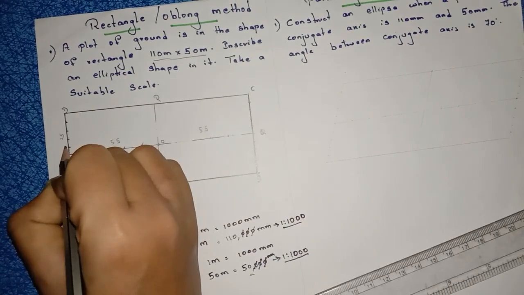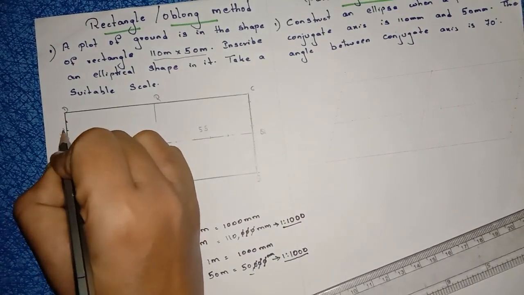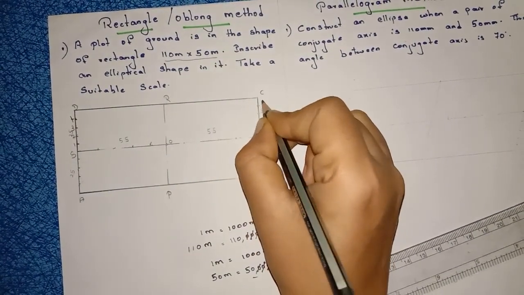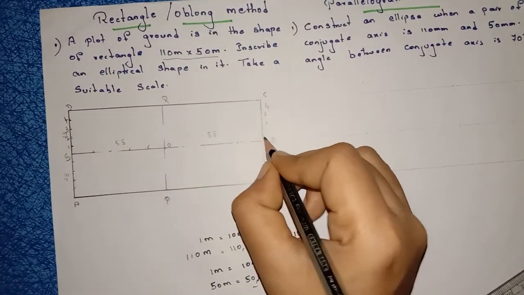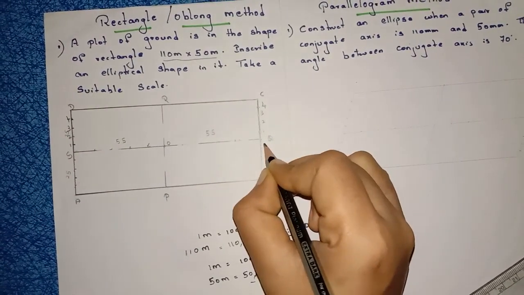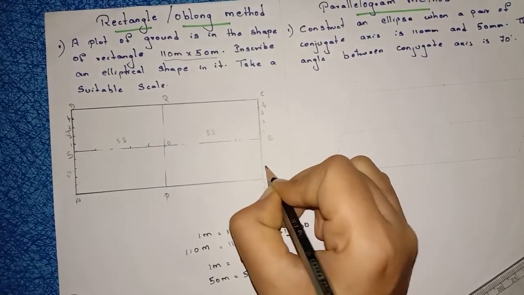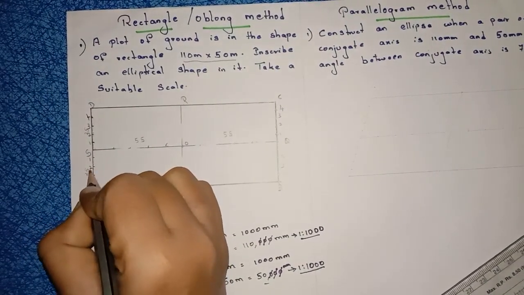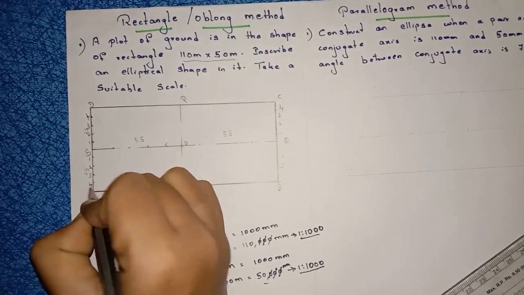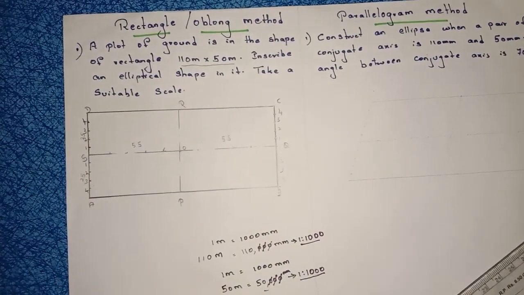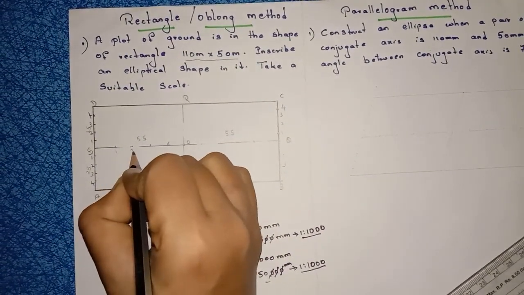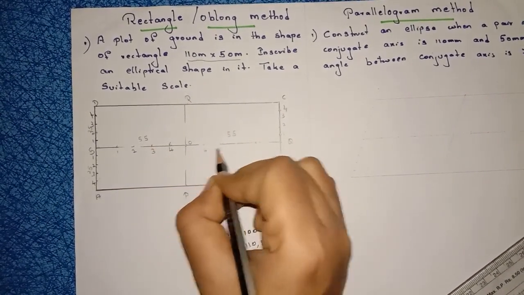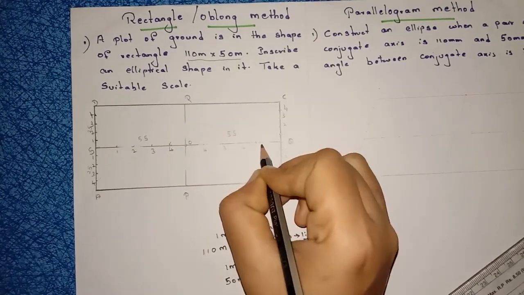Name them here as 1, 2, 3, 4. Right, so you are writing 1 here, start again with 1 only. 1, 2, 3, 4. Here 1, start again from 1 here. 1, 2, 3, 4. Right, here also 1, 2, 3, 4. Here 4 is the ending point, now start with 4. 4, 3, 2, 1.